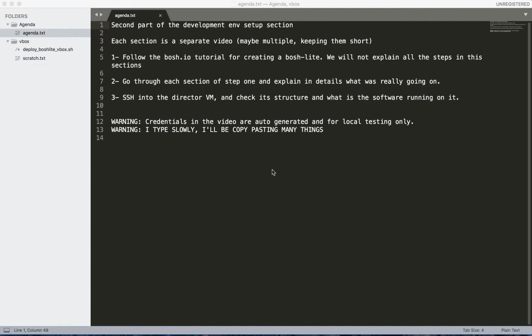So in this video, we're gonna follow the BOSH.io tutorial for creating the BOSH-Lite, as we can see here, step 1. And we will not explain in details all the steps that we're gonna follow. The objective is at the end of the video is to have a real test environment set up on our machine. And then in the next video, which could be split into multiple as well, we're gonna go through